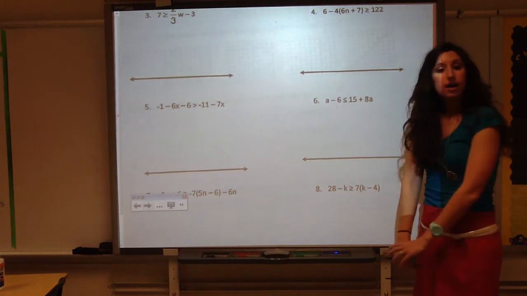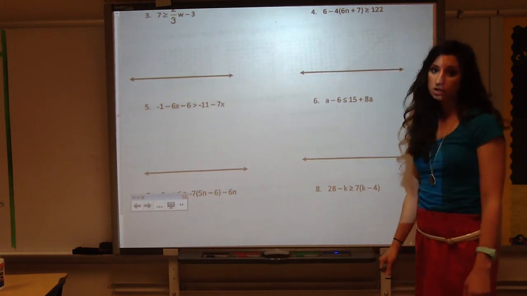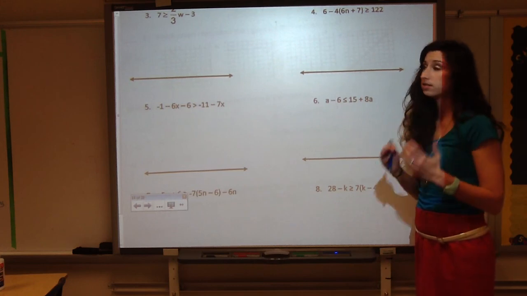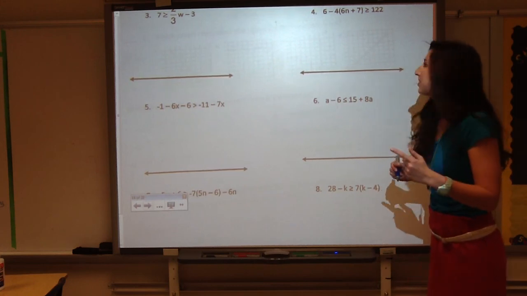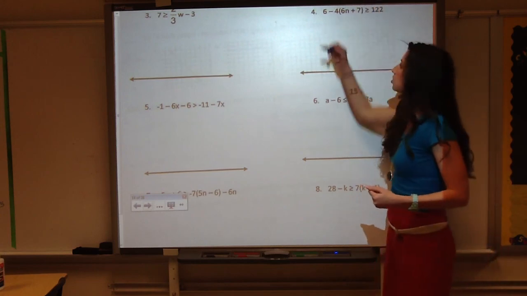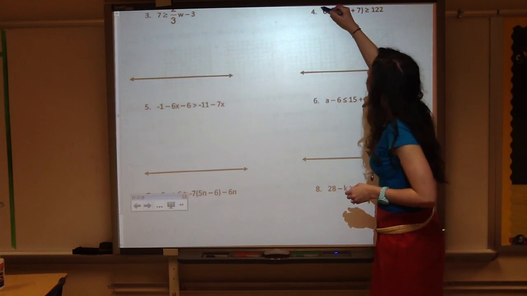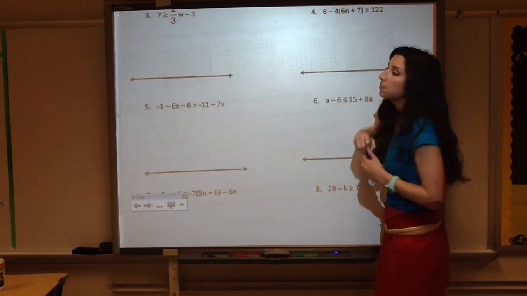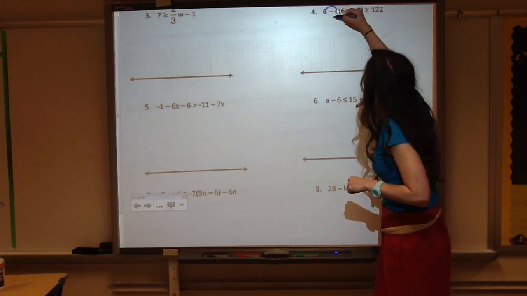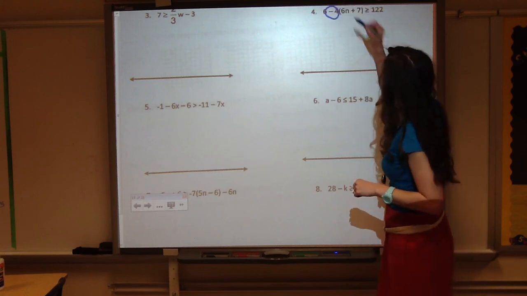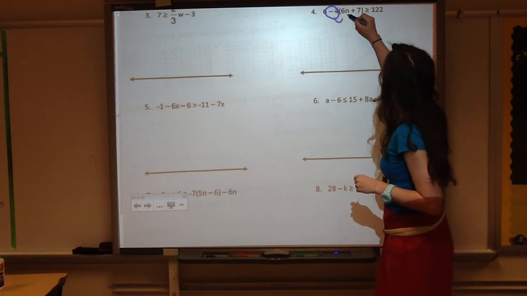Number 4. Oh my gosh, it looks a little complicated. Don't worry. Distributive property. Okay? The very first thing we have to do is distribute. So make sure to draw your arrows. Okay, since I don't have anywhere to draw them up top, I'm just going to draw them on the bottom. I have nothing to do with this number yet because the only number I'm multiplying by is right in front of the parentheses. Okay, so I'm going to distribute my negative 4 here,